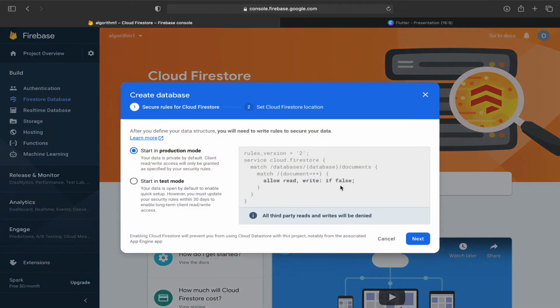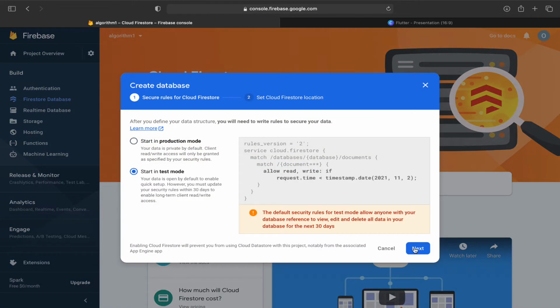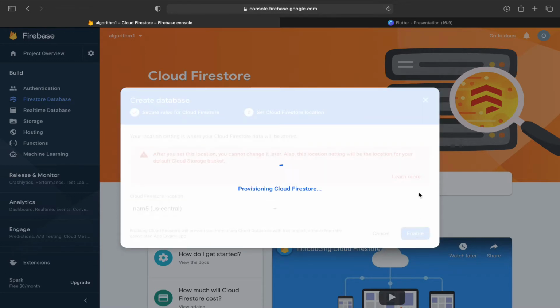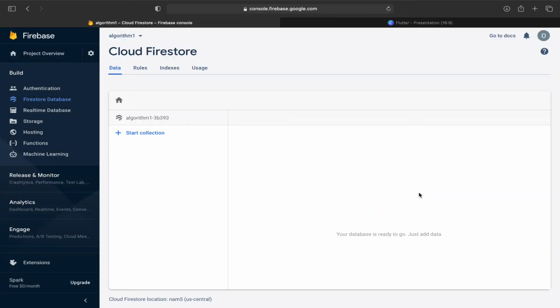Let's click on create database, and you need to start from test mode. Click on next, click on enable. Let's just wait. Okay, so it is added.